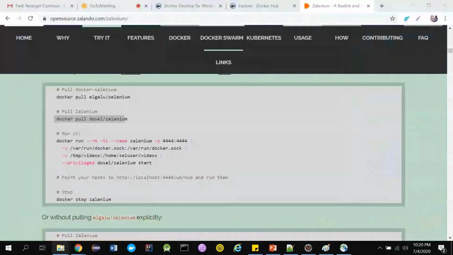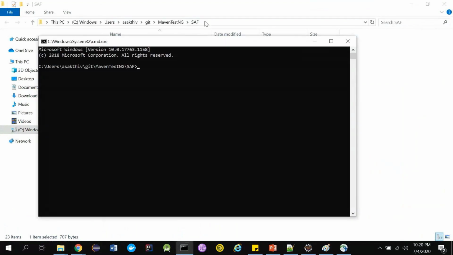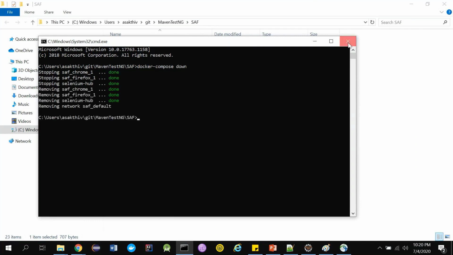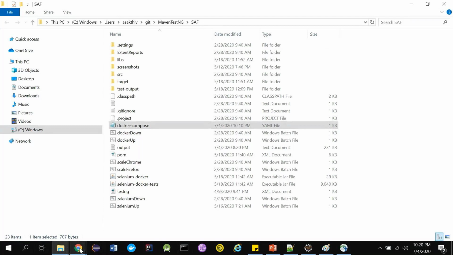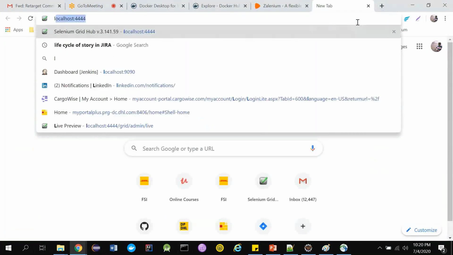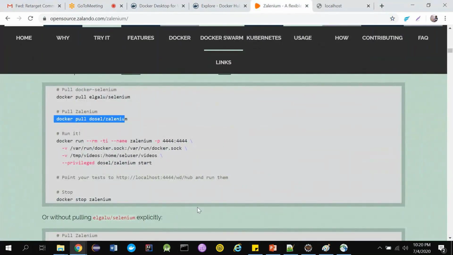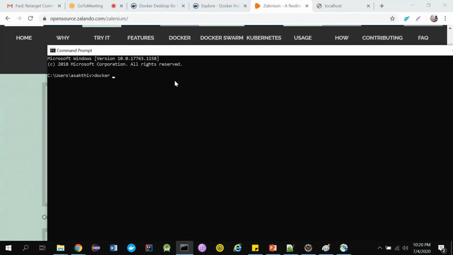Let me quickly run docker-compose down and shut down all these things. So if you go here, there shouldn't be anything up and running. So I will quickly go here. I will type docker images.